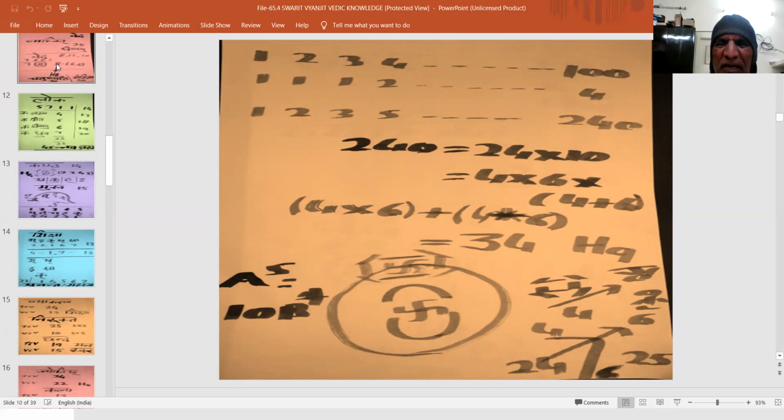Now 4 multiplied by 6 plus 4 plus 6 as 34 is the summation value of quadruple folds of hypercube 9. It is a really very, very blissful feature.